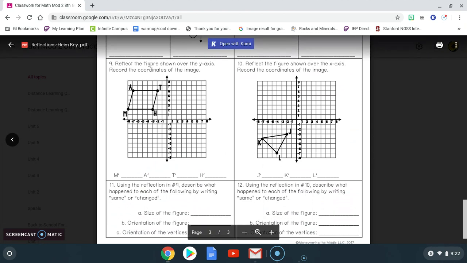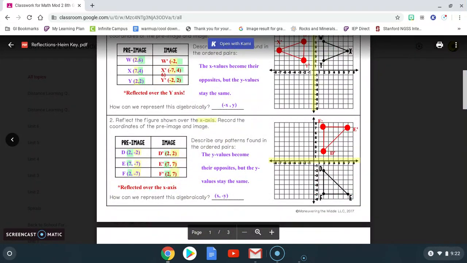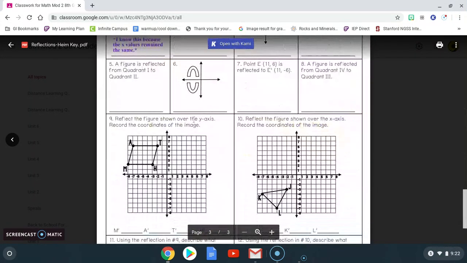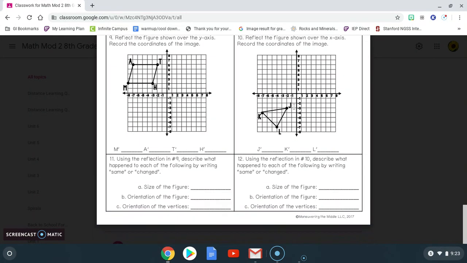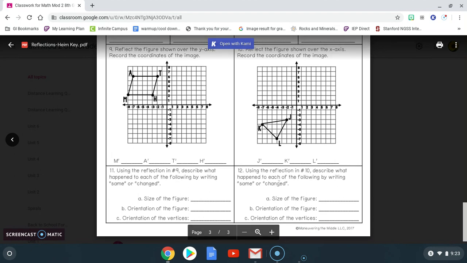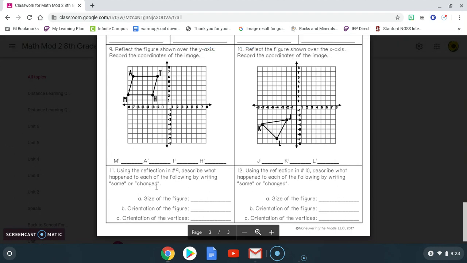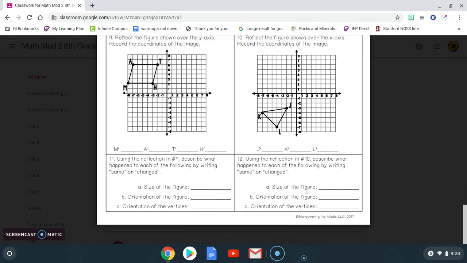When you get down here, you're going to reflect it over the y-axis, okay? And you're going to plot it, just like I did up here on these ones. You're going to do that down here. And then this one, you're reflecting over the x-axis. Then you're going to use the figures above to help you answer these questions. You're going to either write same or change on each of these lines, okay? So I want you to try your best. Let me know if